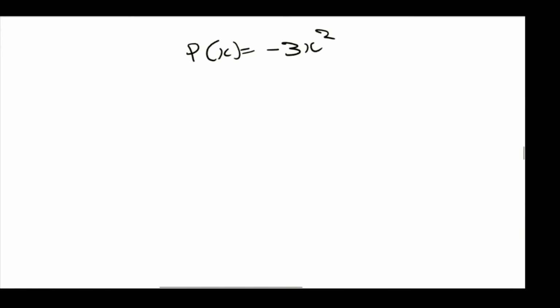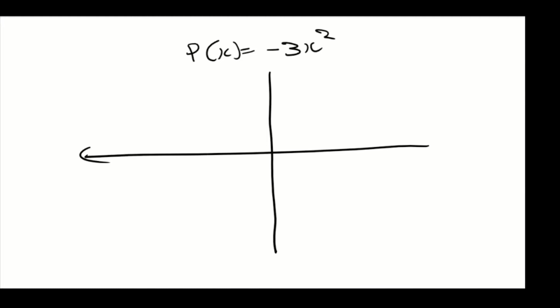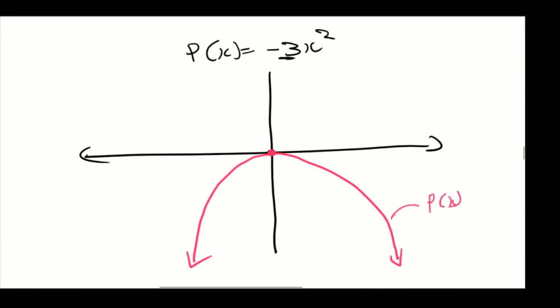So if we were to draw this function here, it's going to look like this. Because our a value is negative, it means our function will face down. This is a parabola, by the way, so it's going to face down like that. So this is p of x. The inverse of this parabola will look like that,